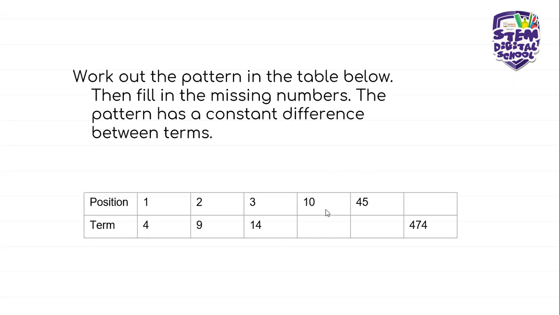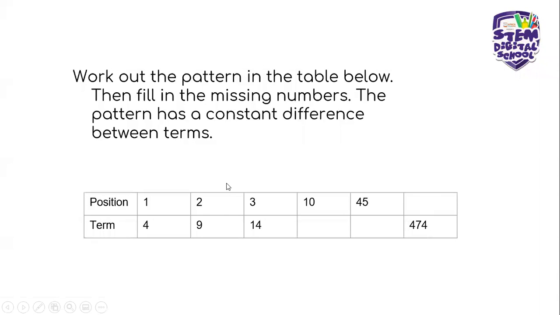And then the last one, you are given 474, and then you need to know what the position will be in this case. So it means that the previous one there, you have actually subtracted 1 from 475, because 475 minus 1 is 474. So if you divide this 475 by 5, you should be able to get the position number,